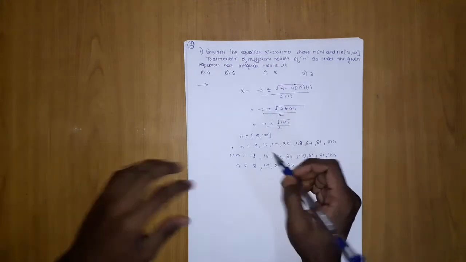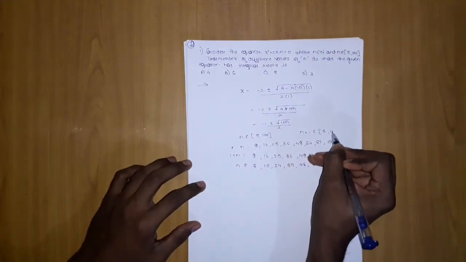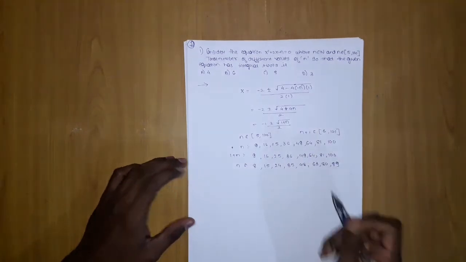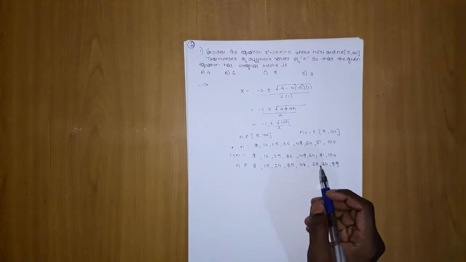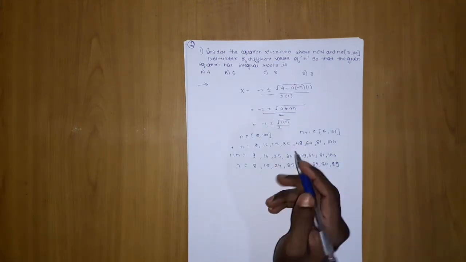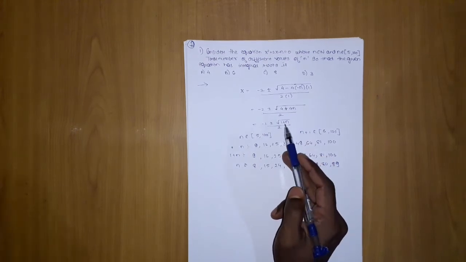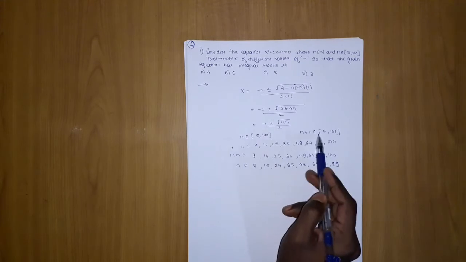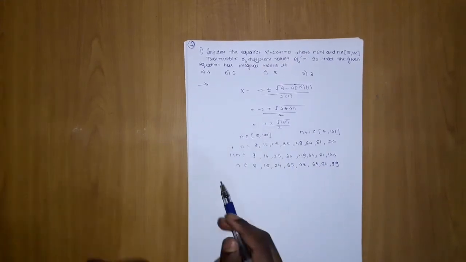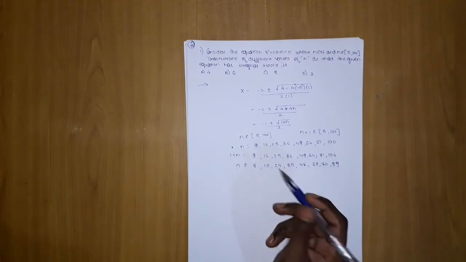The other way you can do this is taking n plus 1, which will range from 6 to 101, then count the total number of perfect squares there. They are just different approaches to get the same answer. I have already solved a similar question in which n plus 1 was there, and I solved it by that method, but now I am solving it like this. So you can learn multiple approaches for solving a single question.